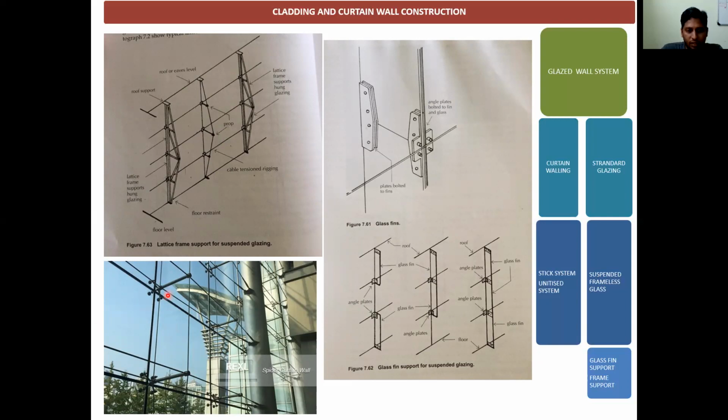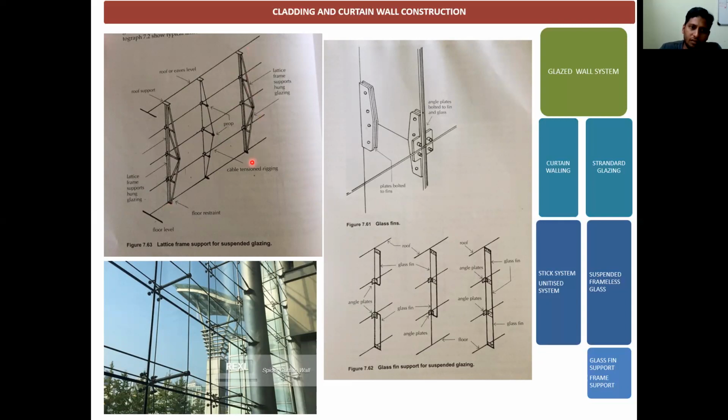This fitting typology is also called a spider frame. It is also called a curtain wall with lattice frames. There are a number of types of lattice curtain frames for suspended glazing. This kind of tie structure, you can say it is a truss, withstands the dead load of this curtain wall, and it should be stabilized from the top of the roof down to the bottom.